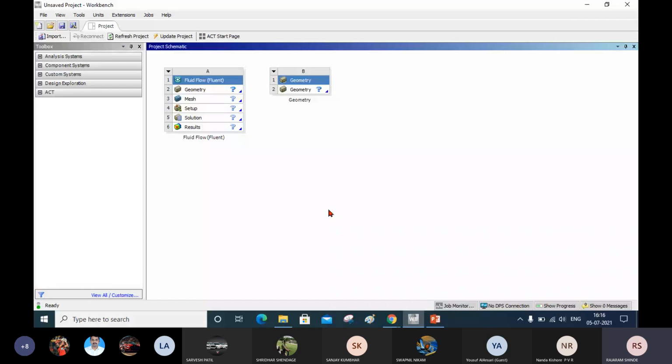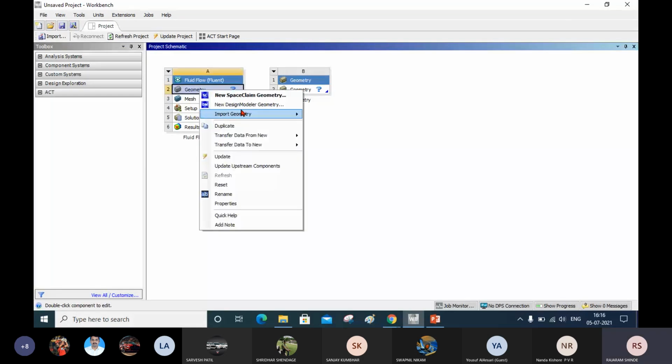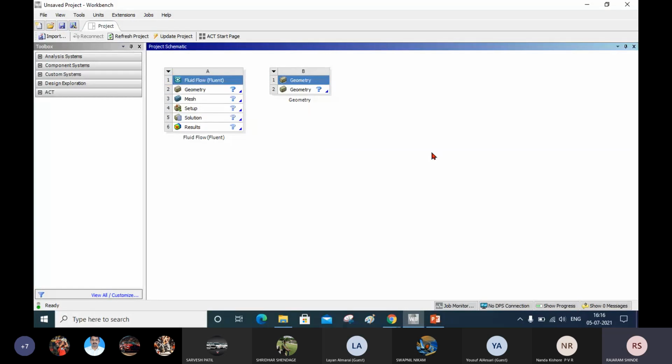Okay, I will issue the command and then we will go. Now, to open the design modeler, the workbench or environment for modeling the geometry or repairing the geometry, what you have to do, you right click on the geometry here and click on new design modeler. See here, every time you have to right click on that, otherwise it will go in SpaceClaim.